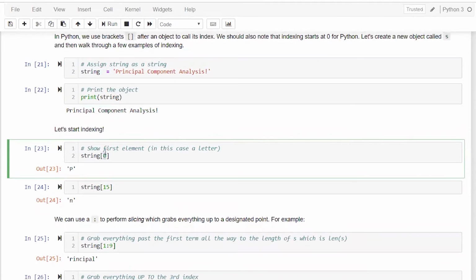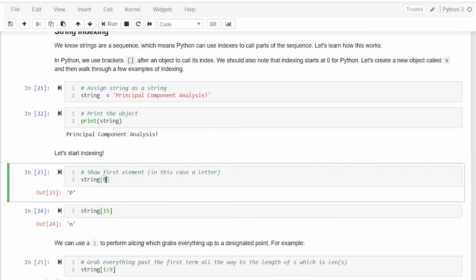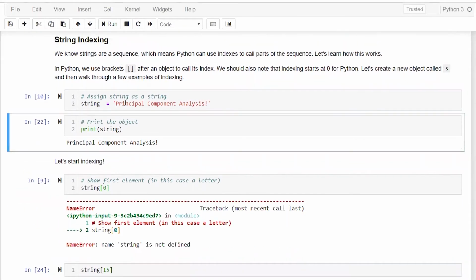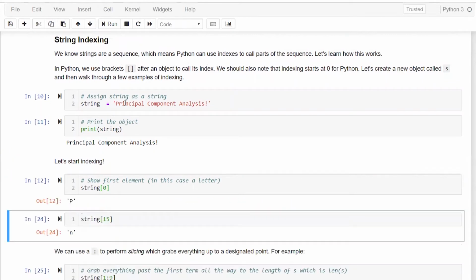For example, let's say you want to extract the element at the first index, so you specify 0, and it gives you p. I have not defined the string here, so that's why the error came. So it's p.